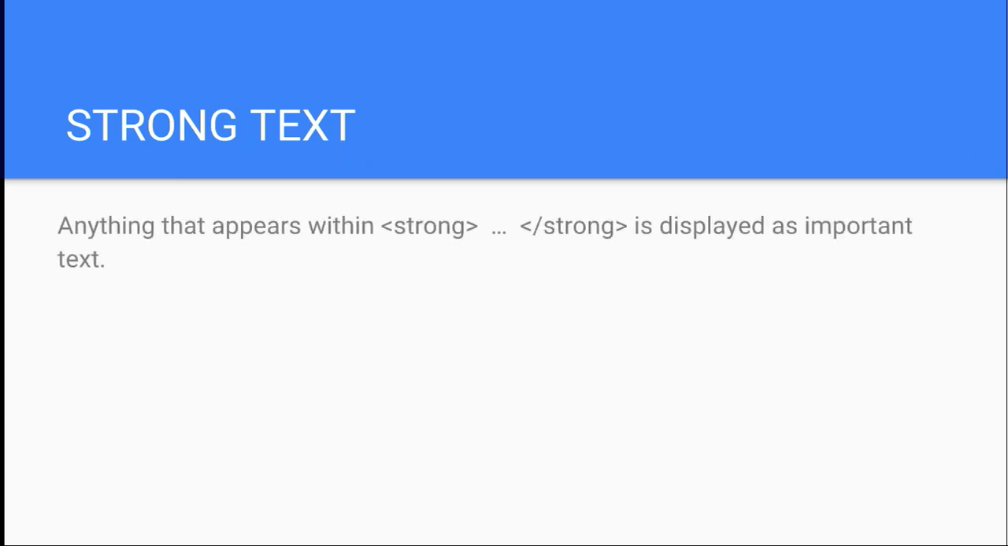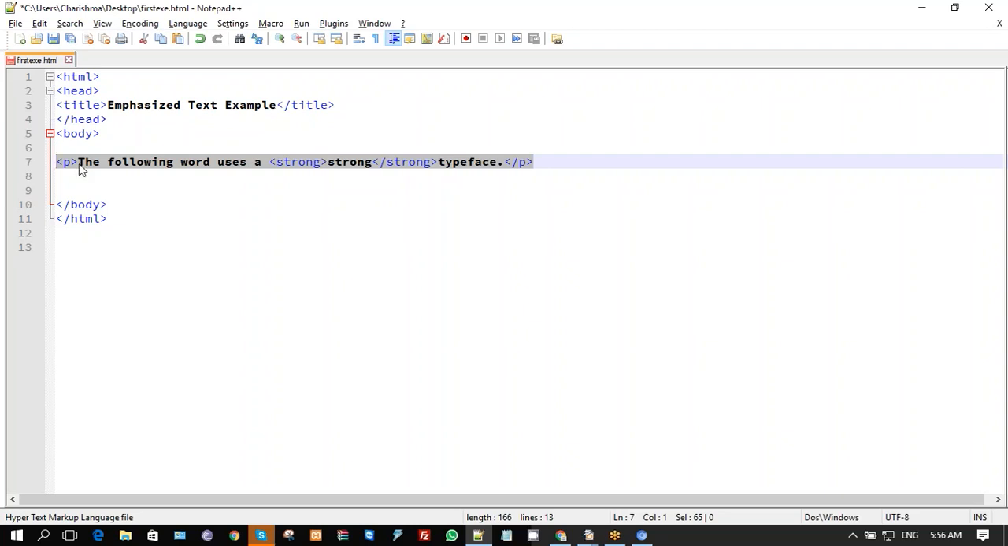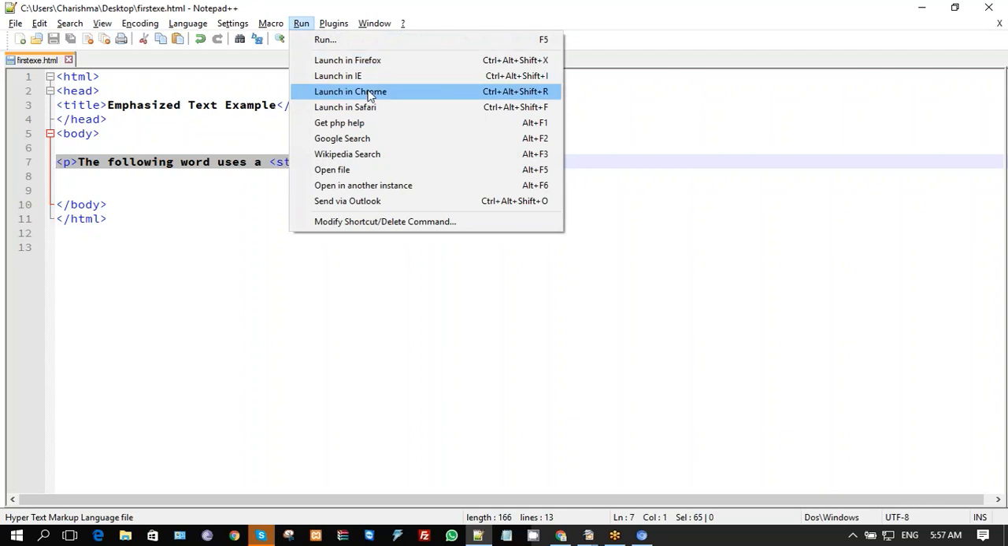And the next one is strong text. What is this strong text? Anything that appears within strong and /strong element will be displayed as important text. Let us try this example. You can see the code here. This particular piece of content is surrounded by the two tags, strong and /strong, and we'll render this,